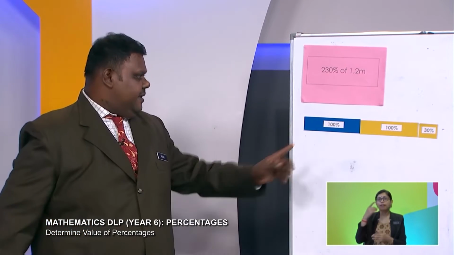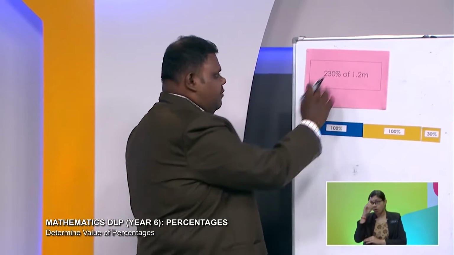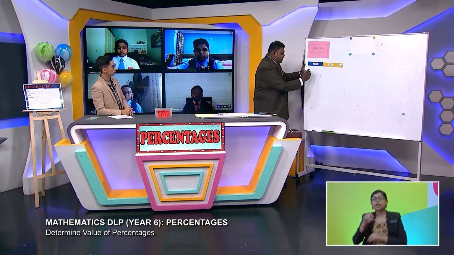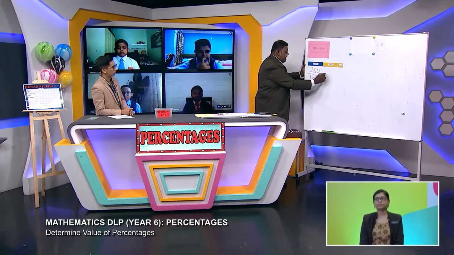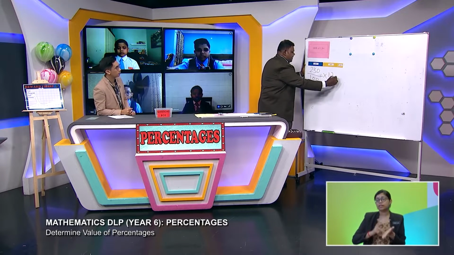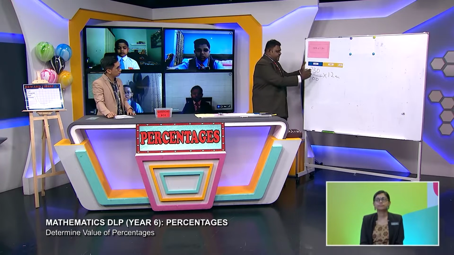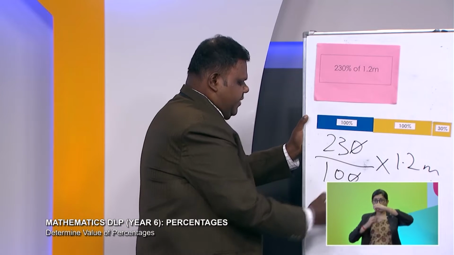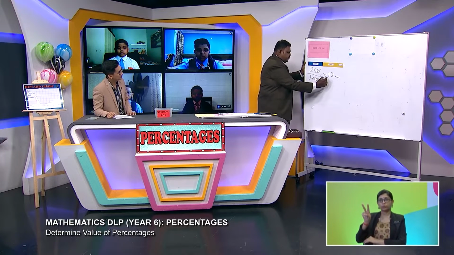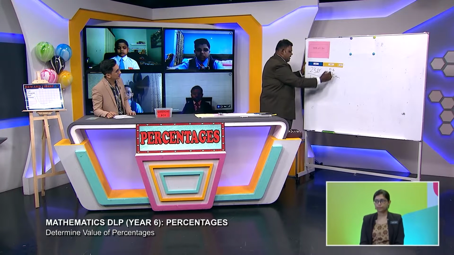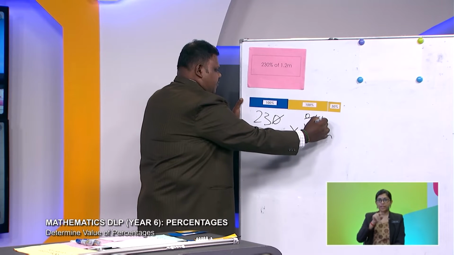Now let's calculate 230% of 1.2 meter. How do we calculate? We change 230% into a fraction. It will become 230 over 100. And you multiply with 1.2 meter. Here we can simplify the fraction. We can cut the zeros. Up you cut one 0, down we can cut one 0. Then you can divide by 2, you get 5. You divide by 2, you get 0.6. And you can divide by 5, you get 1. Here you divide by 5, you get